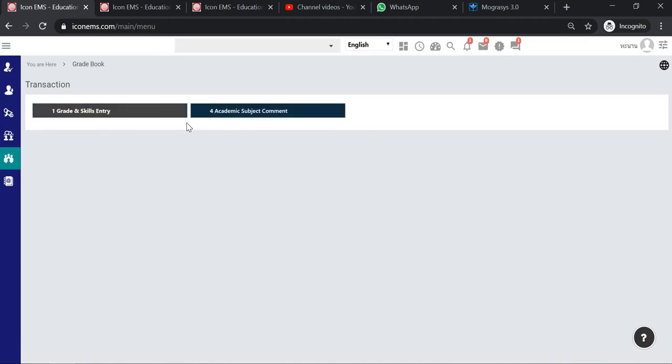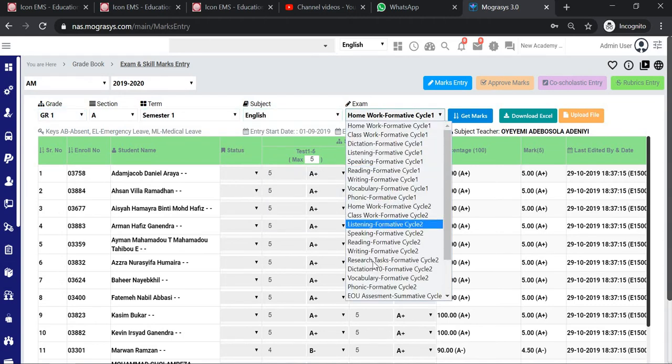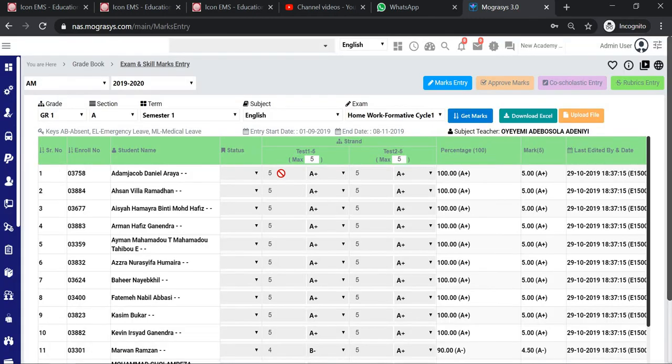Now, as the gradebook is not configured here, I'm going to take help from another site. So for example, I have here, as a teacher, I have selected grade 1A, semester 1, subject as English, and then exam category. So these are different categories which I have configured. And when I say get mark, I am able to see the marks there. Because the mark entry period is over, it is not allowing me to enter any mark.